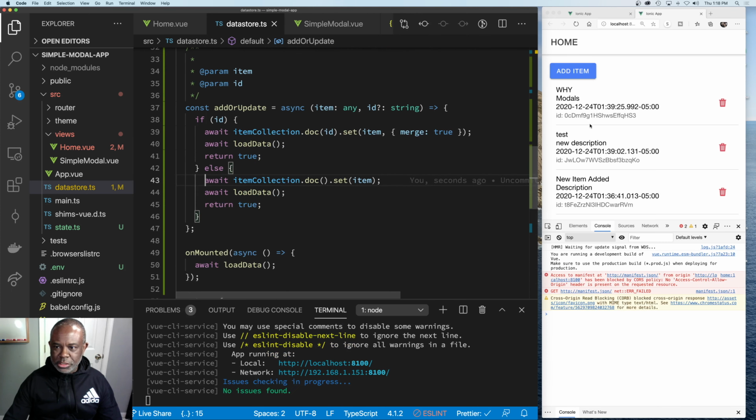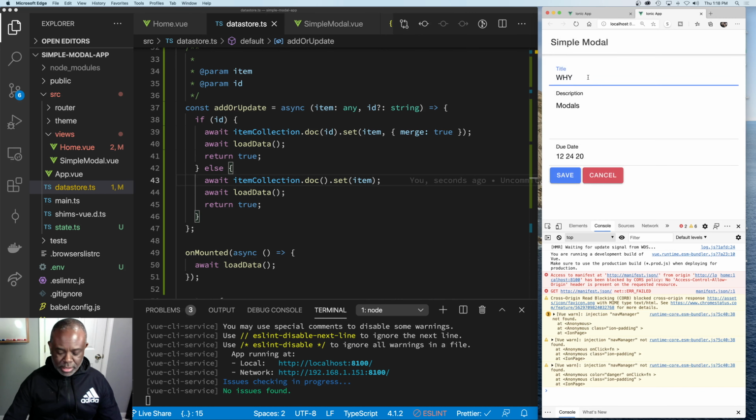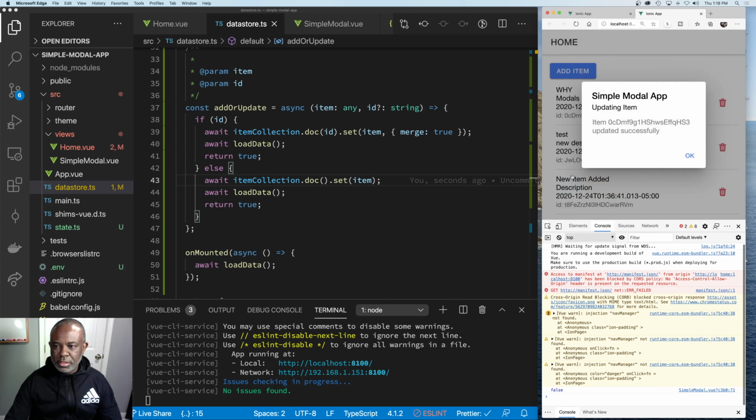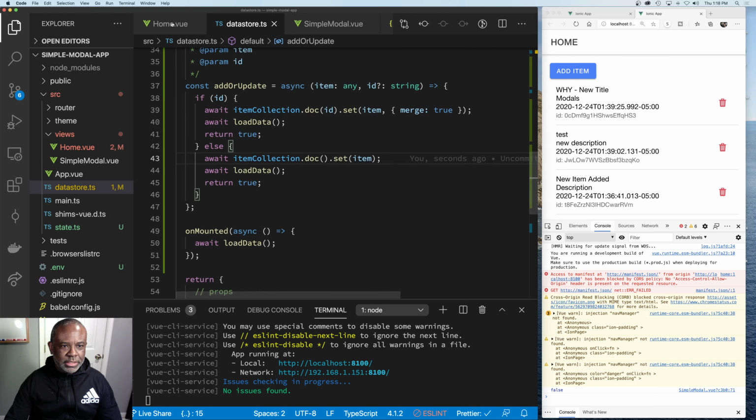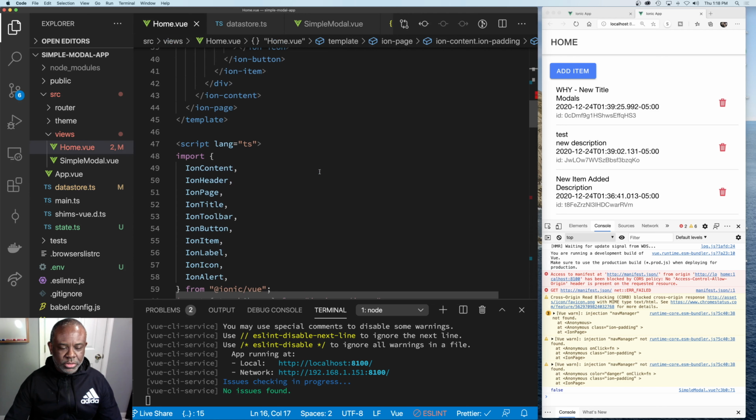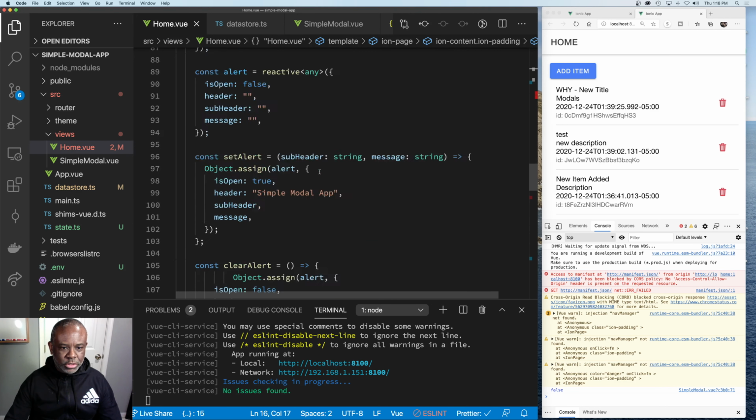All right, so let's test the modified data, see if it works. So we have this Y modals. Let's click on this, bring up our modal, Y, new title. We're getting this kind of, so see it updated this, but we're getting this duplicate title going on here. So we need to handle that duplicate title appropriately. And what's happening is that in my home view, where's my function to,